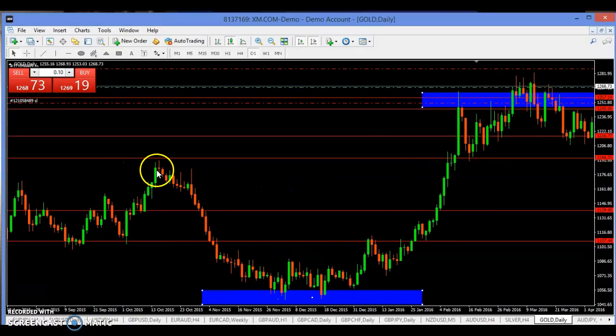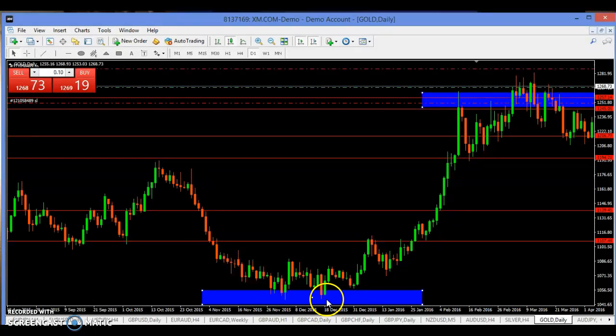You can see from here the market has formed a lower high, lower low, lower high, lower low, right? And here it has also formed a lower low, but instead of forming a lower low here, it instead formed a higher low. Higher low, why? Because it has not broken this level. Very simple.